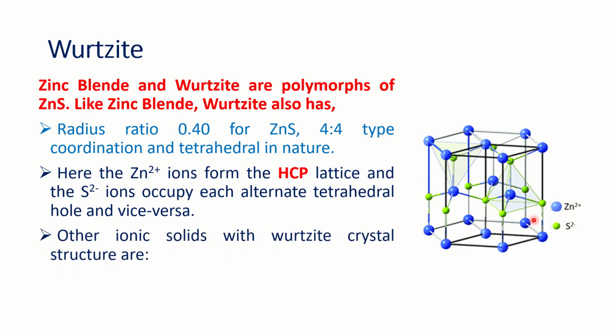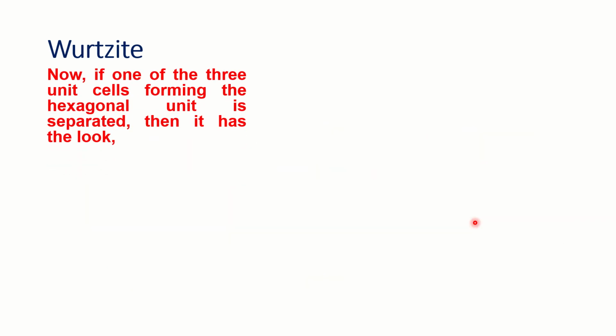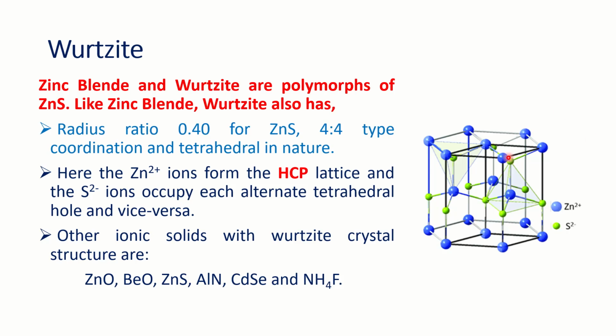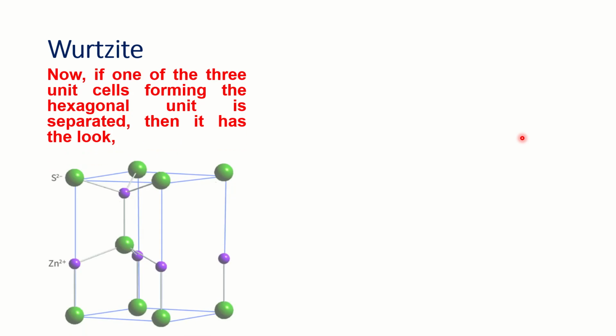And this type of structure is adopted by zinc oxide, beryllium oxide, zinc sulfide, aluminum nitride, cadmium selenide, and ammonium fluoride. Now, if one of the three unit cells forming the hexagonal unit is separated, then it has the look like this. Actually, this is the hexagonal unit which is made up of three unit cells. So if you just extract one of them and eliminate two of them, then it should have the look like